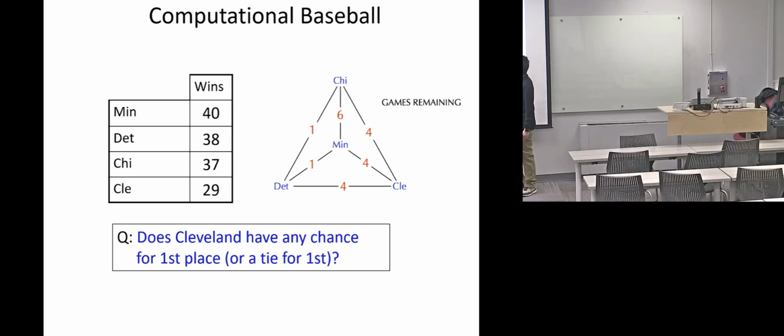And now what is this? This is the remaining number of matches between each pair of teams. Between Detroit and Cleveland, they still need to play 4 more games. Minnesota and Detroit need to play 1 more game. And what if I asked you,